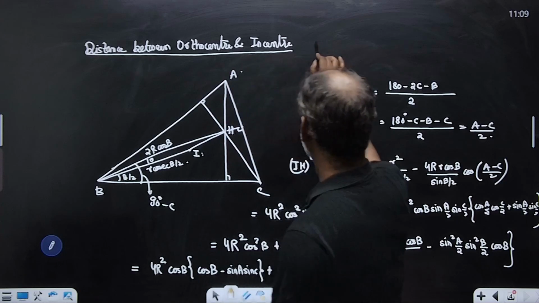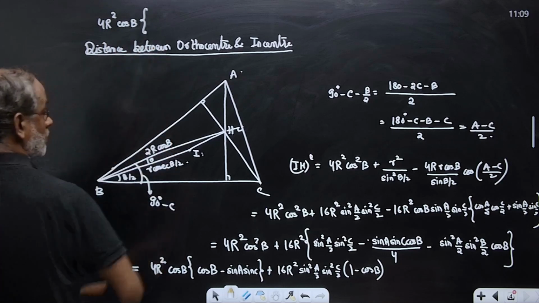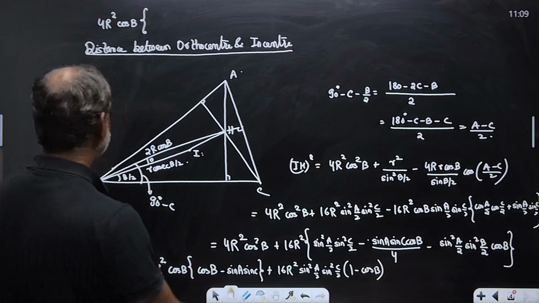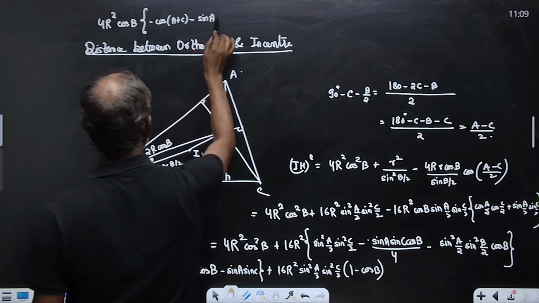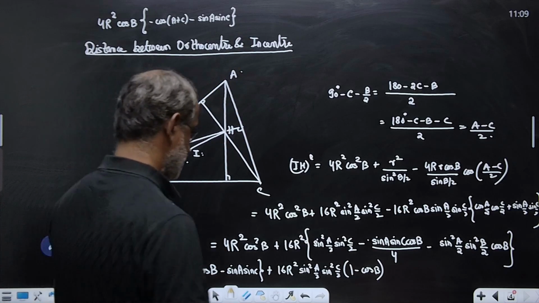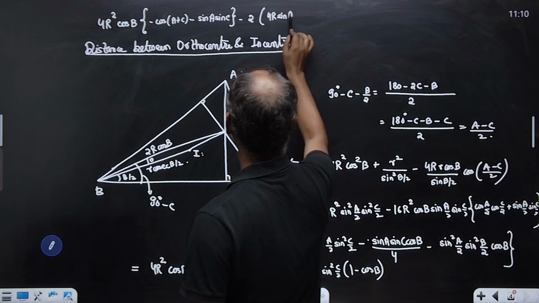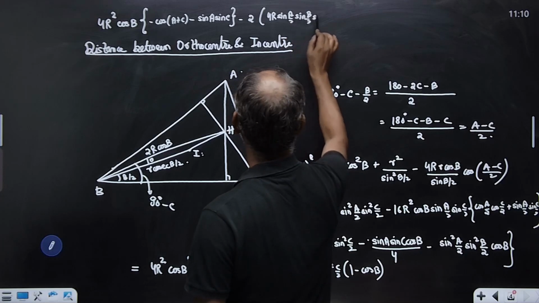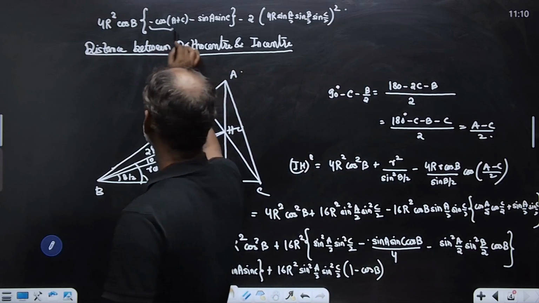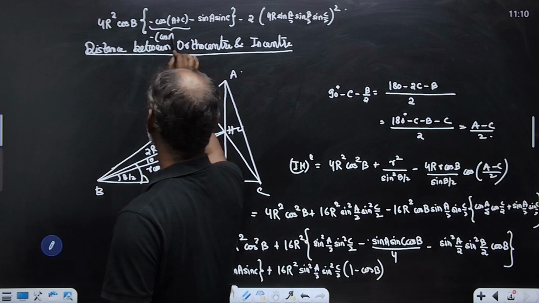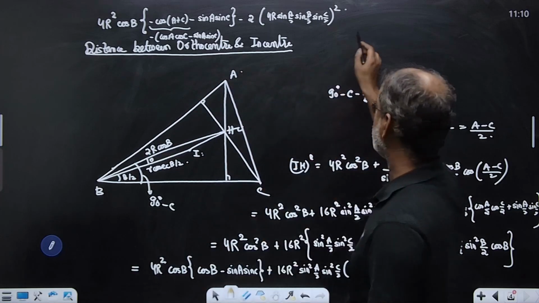Now here, if you think correctly, let me write it here, 4R square cos B. What you are going to get is minus cos A cos C, so cos B is minus cos of A plus C, minus sin A sin C, minus 32 into 4R sin A by 2 sin B by 2 sin C by 2 whole square. And what is this? Minus times cos A cos C minus sin A sin C. So sin A sin C gets cancelled out. So what we are left with is 2R square